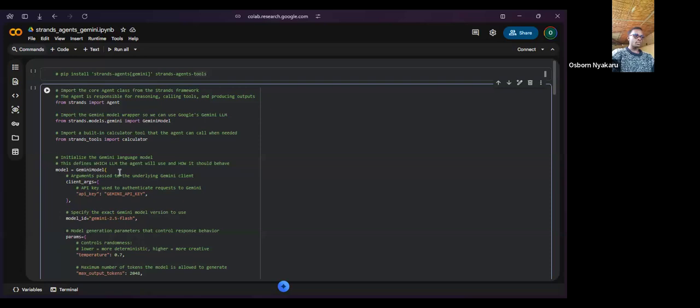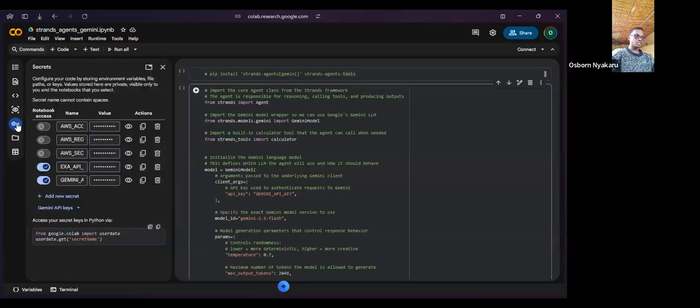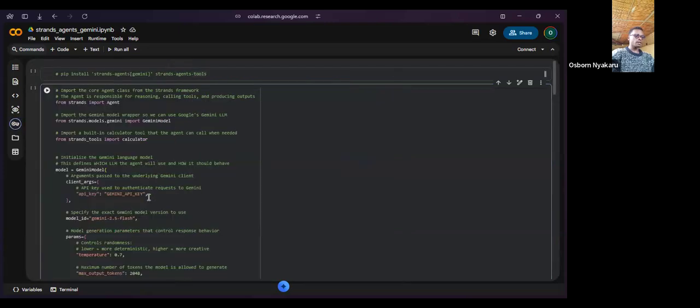You define a model that has the Gemini model, and have your API key stored in the secrets section. That's where you have your Gemini API key. For those who may not know where to get the Gemini API key, please let me know and I'll direct you to where you can access or create your own.